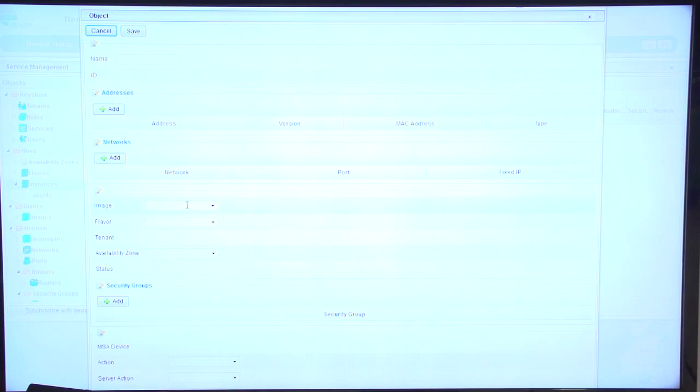For example, by selecting an image, it can be my GNOS, by selecting a flavor, it can be large, by selecting an availability zone, and so on and so forth. So I can easily create a new instance. Based on the same concept, I can use the same console for all my devices. We'll see that after the creation of a VNF, I can manage my firewall using the same console.